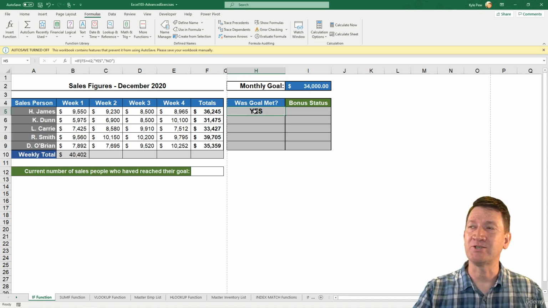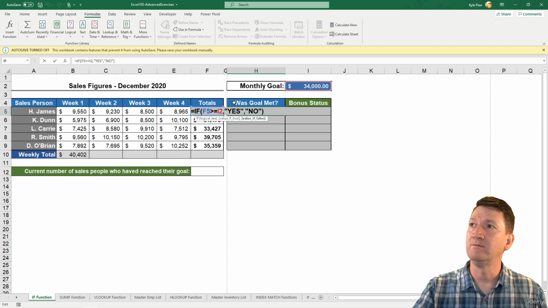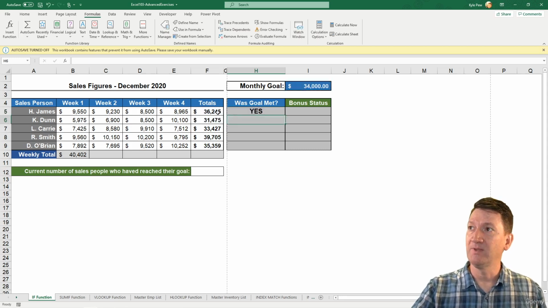Inside of cell H5, I've got the if function. If I give that a double click, there's my formula. And it's got two cell references. It's got F5 and I2. Now, from cell H5, we told it if two cells to the left, F5, is greater than or equal to 3 cells up, 1 cell to the right, I2. Those are relative references. Well, if I take that formula and I copy it down,